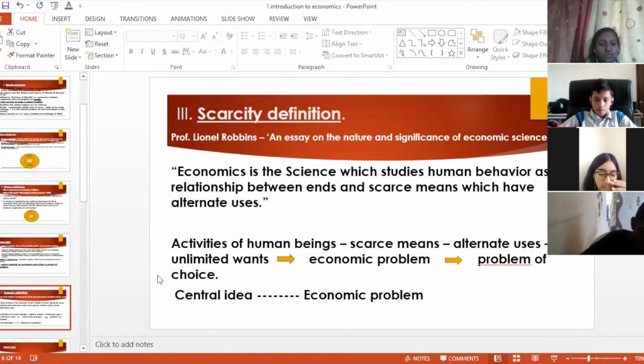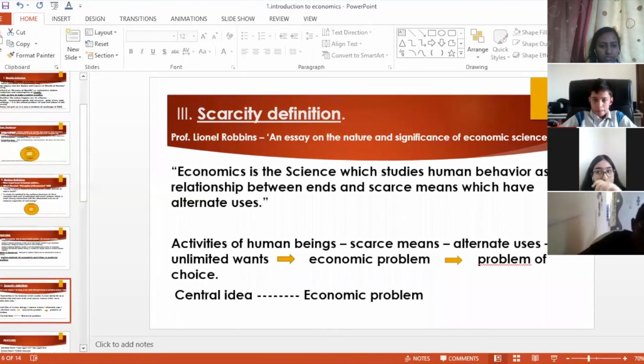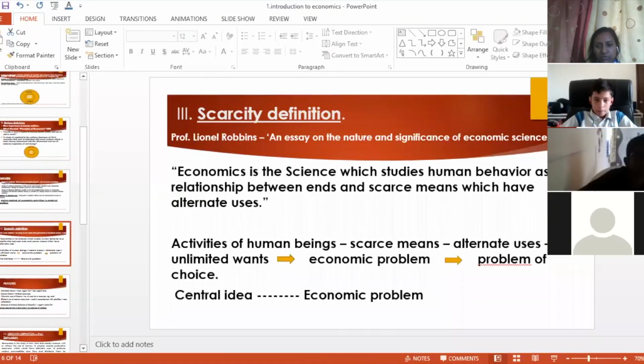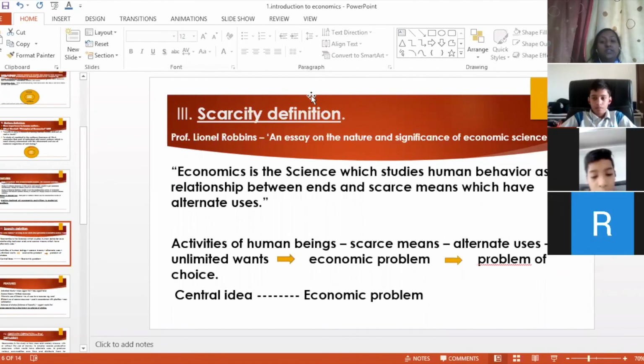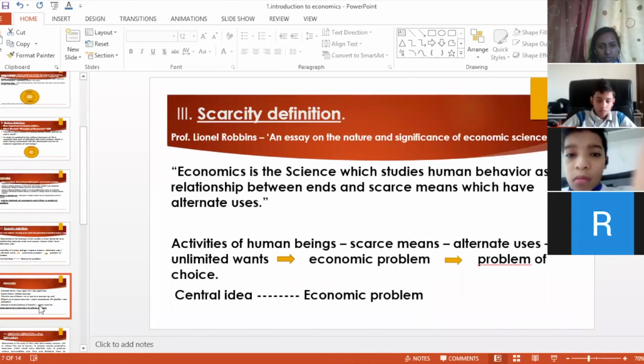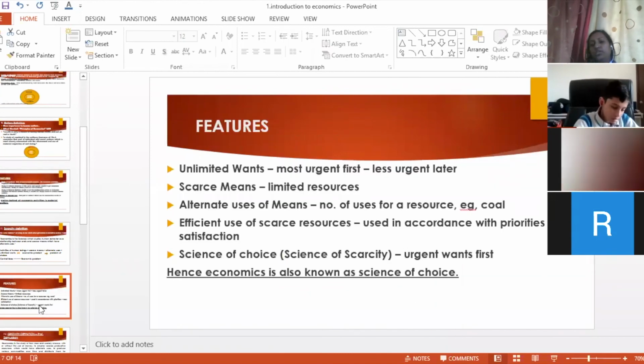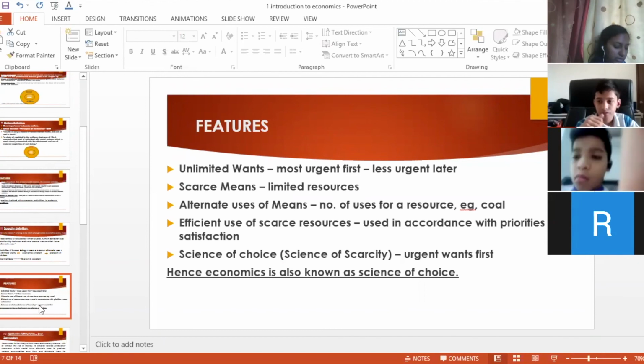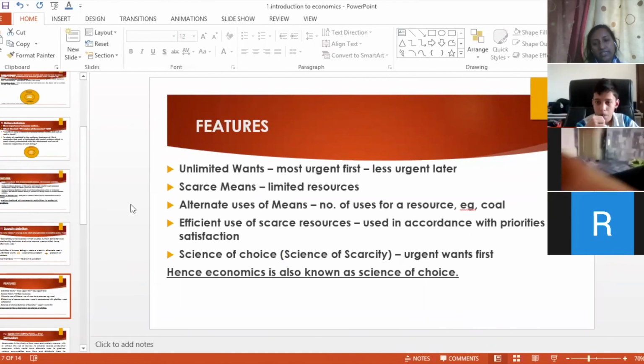So let's see the features. Okay, so today, all of you have made your notebooks? Yes, ma'am. You will write these in your notebooks. Do you have a habit of taking notes or not? Yes, ma'am. These notes will be written down in your notebook. As and when the school opens, I'm going to check it, and I will be giving you questions also with this. So you will write answers to these questions.